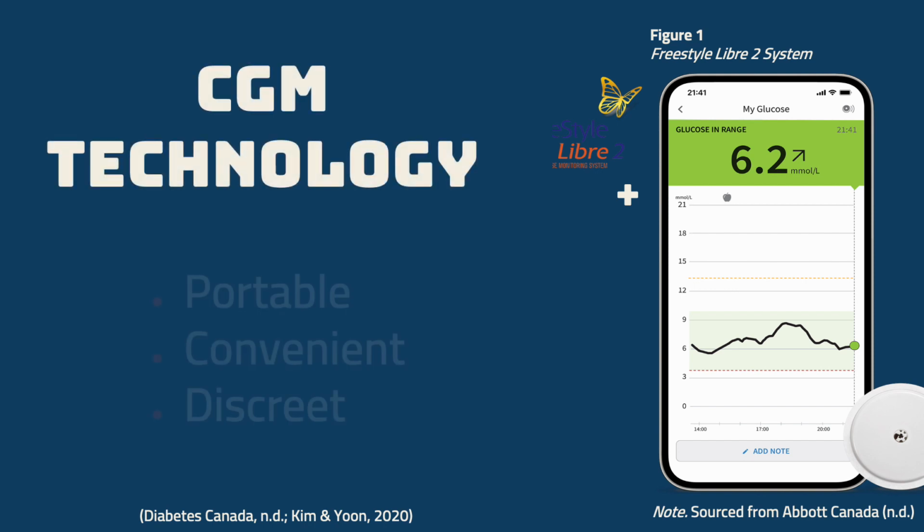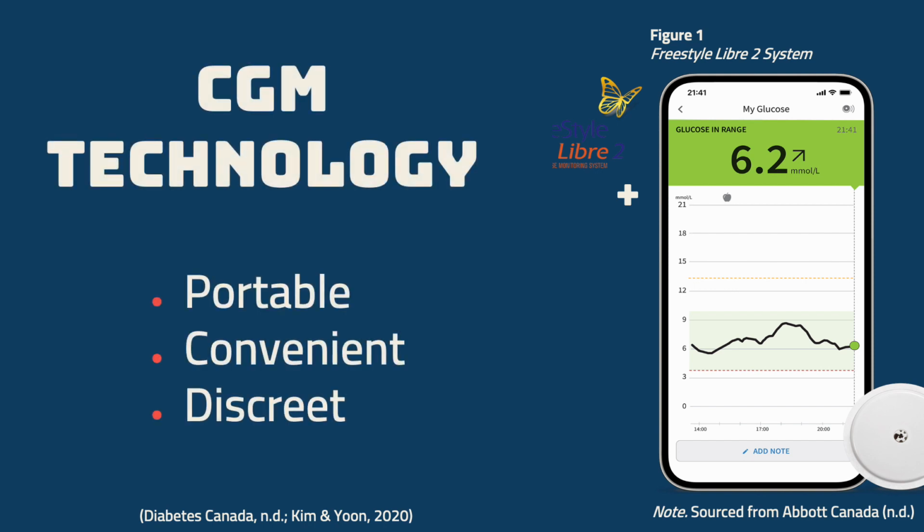A continuous glucose monitor includes a small disposable sensor placed under the skin, typically on the arm or abdomen. The sensor measures the interstitial glucose level, which is the glucose found in the fluid between the cells. Blood glucose levels are tracked every few minutes throughout the day and night, and a transmitter sends the information to